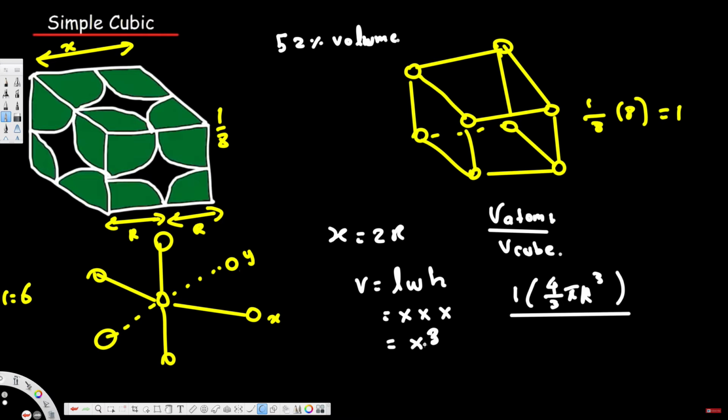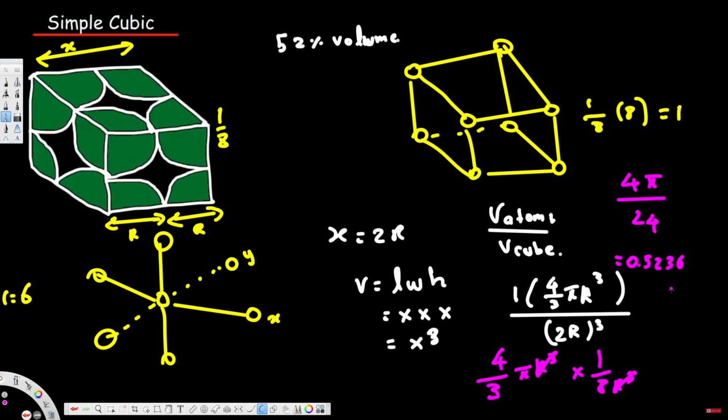Volume of the cube is x cubed, and we know that x is equal to 2r. So if we replace x with 2r, this is going to be (2r) cubed, and 2 cubed is equal to 8r cubed. So we are going to have 4/3 pi r cubed divided by 8r cubed. Here you can see r cubed cancels, and we are dividing 4/3 pi by 8. We can say 4 pi over 8 times 3, that's going to be 24. So 4 pi over 24, and if you calculate this value, you are going to get